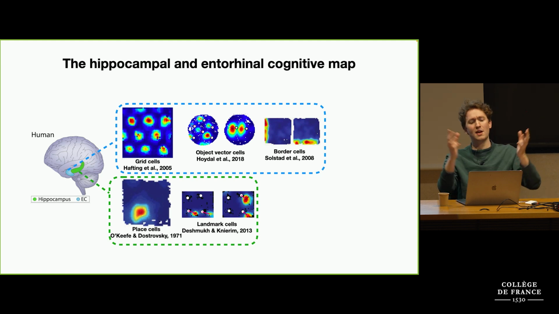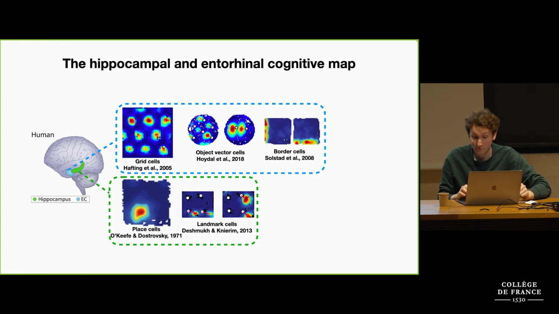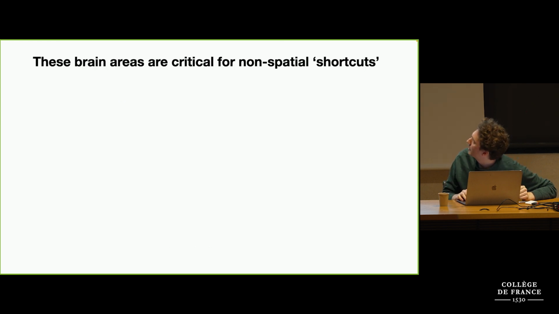So there's a whole plethora of spatially selective cells that are important in representing a cognitive map, found in these brain areas. A bit of a puzzle, though, is that these same brain areas are also critical for non-spatial coding, for building